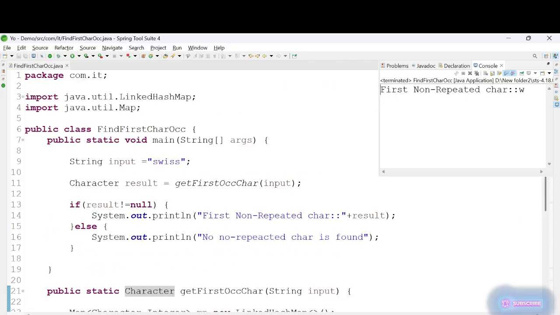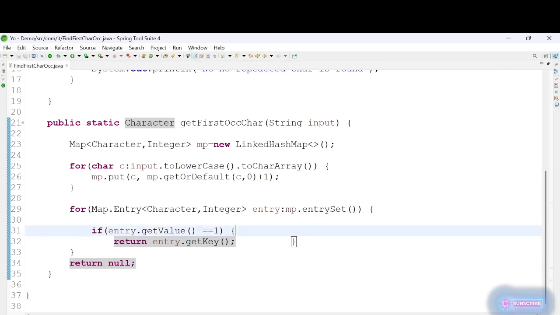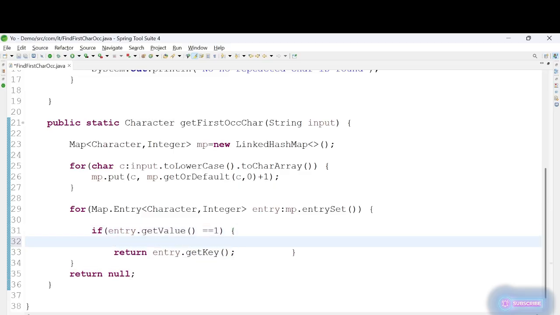Correct. Now, if the interviewer asks to find the second non-occurring character, then how can we do it? This is the first non-occurring character, where entry.getValue() is equal to 1. You get the first non-repeating character. So we need to skip this one to get the second value. For that I'm taking